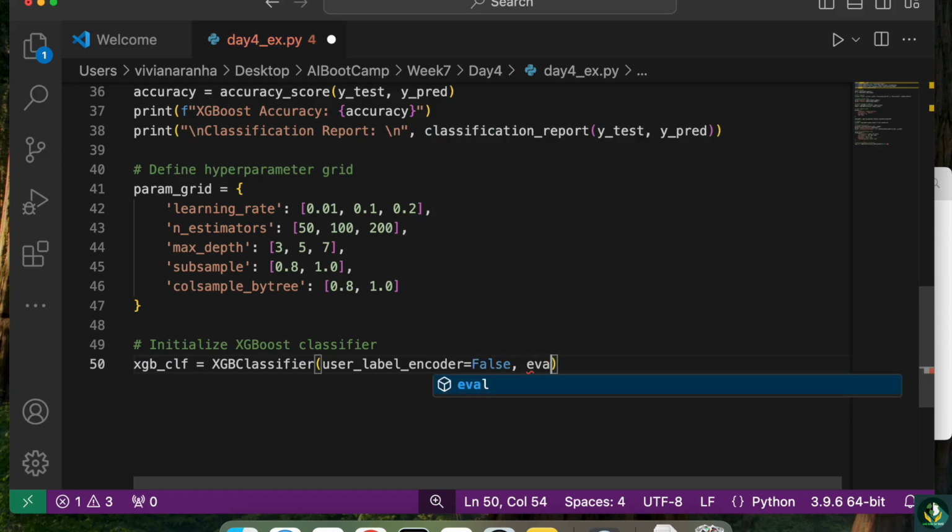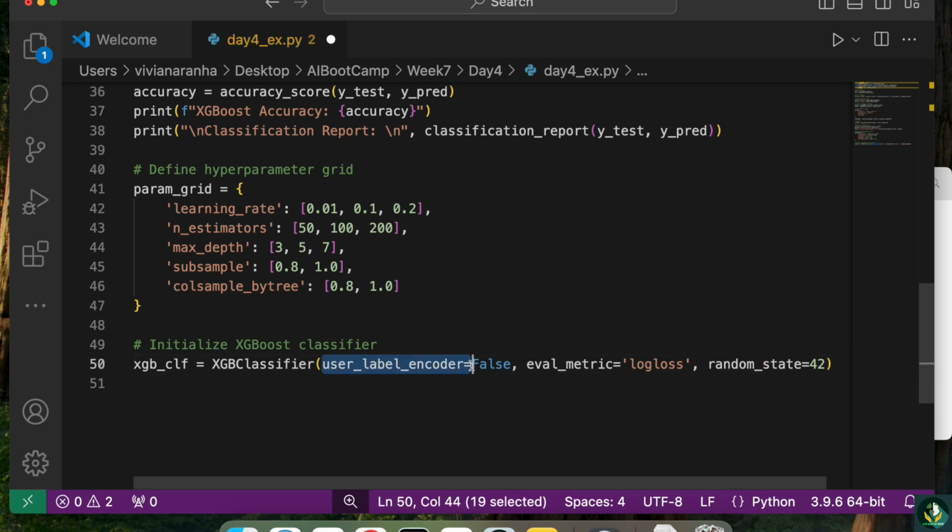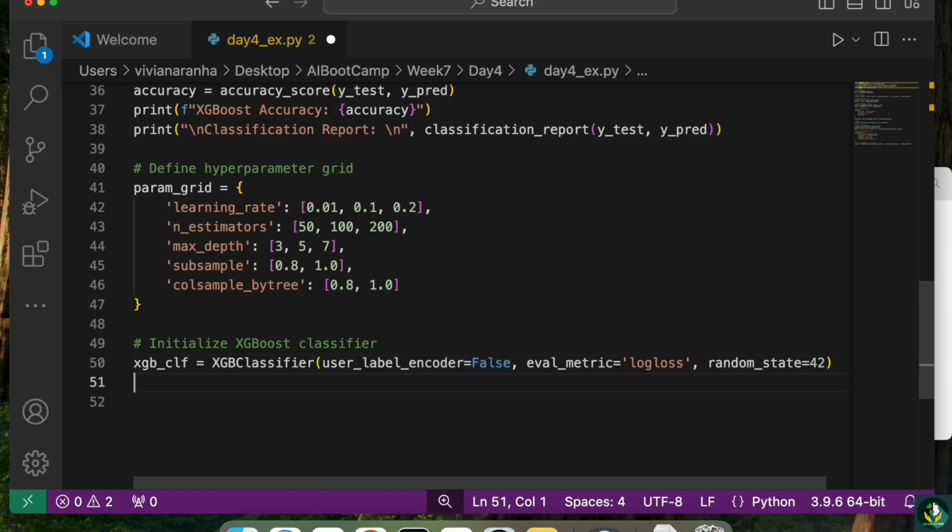Next we have eval_metric equal to logloss, and then I'll have to give a random state for this. Since it's the first time I'm doing it, everything I have to hand type. Autocomplete doesn't help me. I think use_label_encoder has been removed in the latest version, but we'll check it out